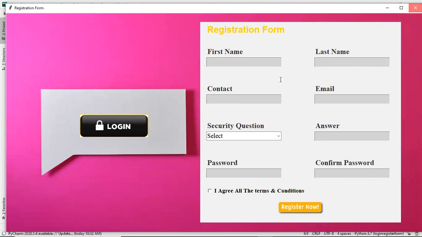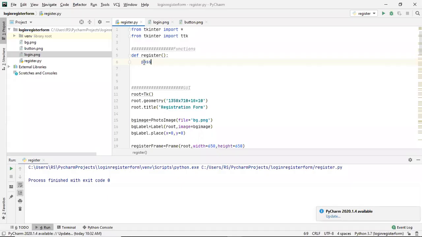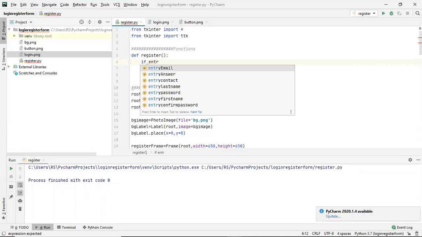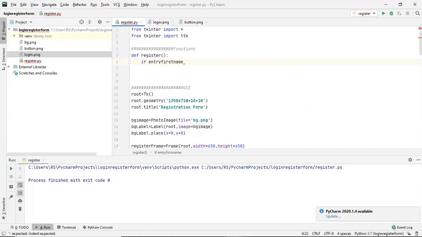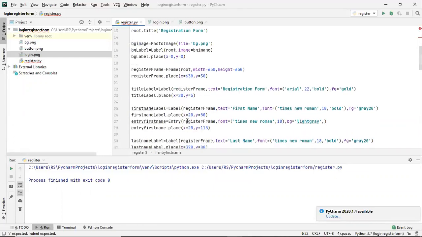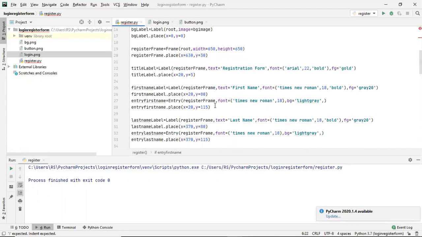So we will check here if the entry fields are empty or not. This was the entry first name, the name we gave to that particular entry field. If I just show you here, yes, this is the first name entry, and this is the variable name I have given.